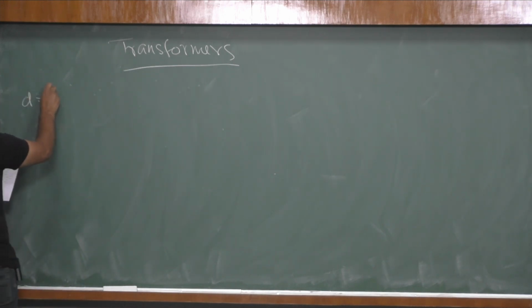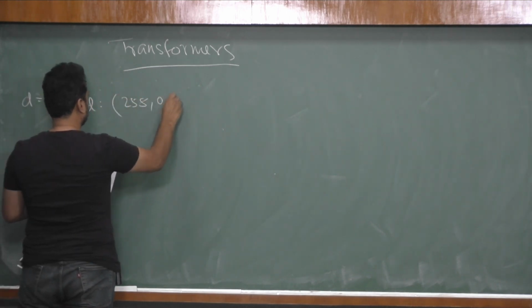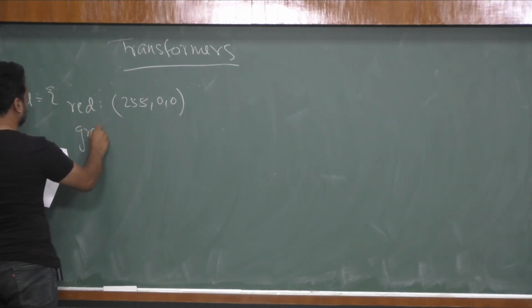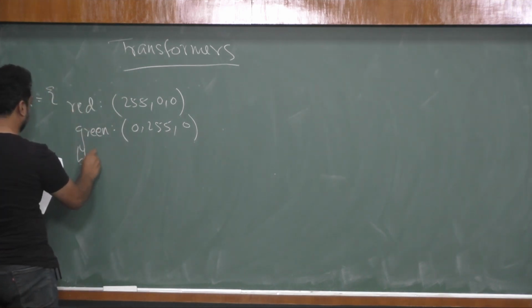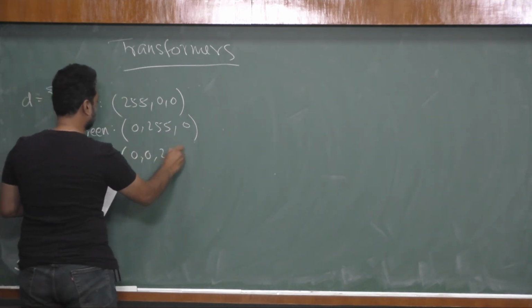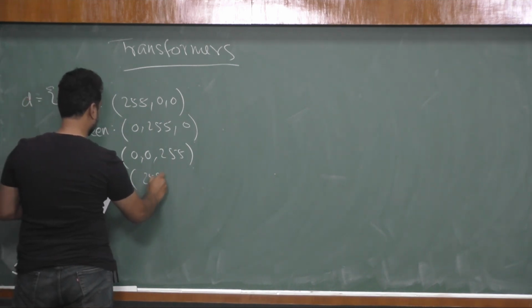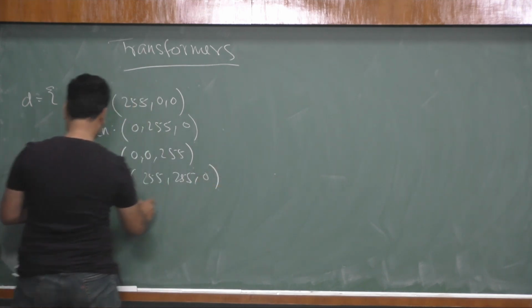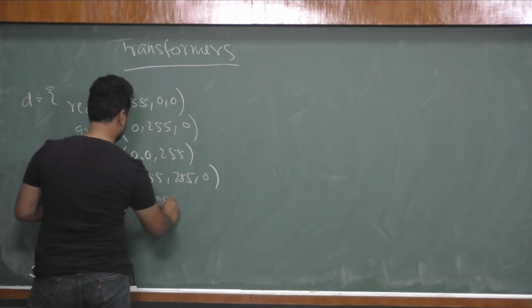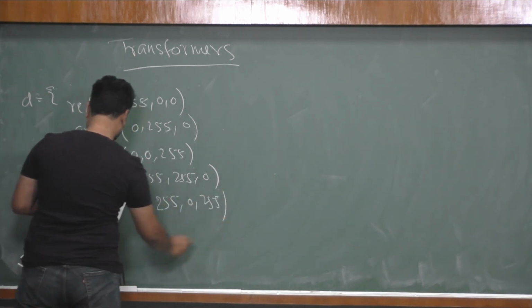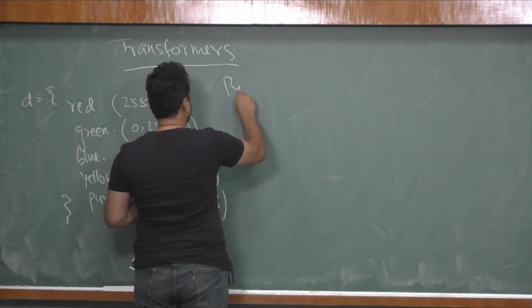So if we look into the problem of, let us say, information retrieval, then let us say we have a dictionary with these values, and let us say green with this value 0 255 0. Then we have blue 0 0 255, then yellow 255 255 0, and then we have, let us say, purple, which is 255 0 255. So let us say this is the dictionary we have, and let's say this is a Python dictionary,